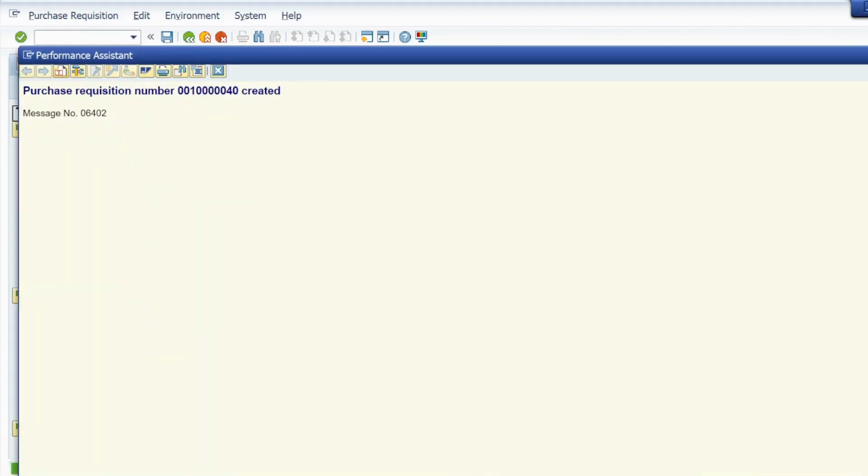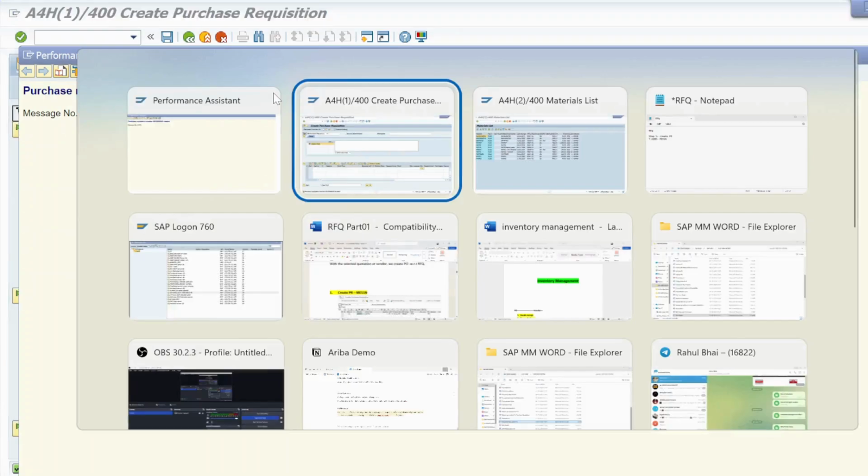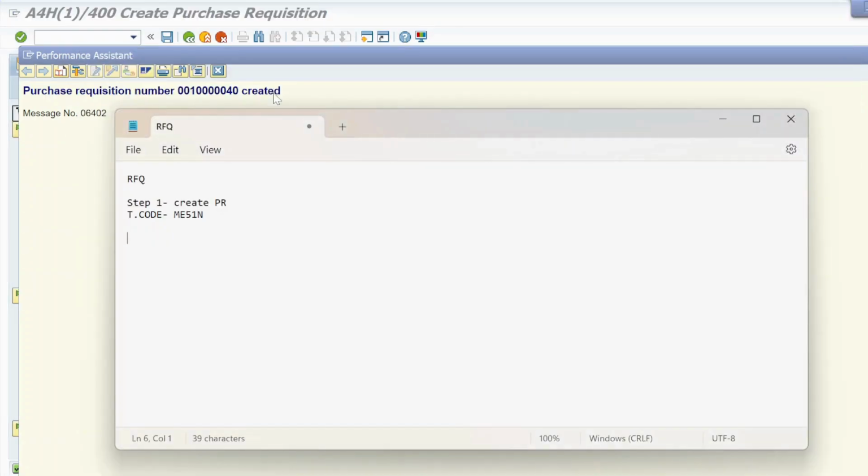This is my purchase requisition number, right? So let me paste that in notepad. This is the purchase requisition number. Step two is